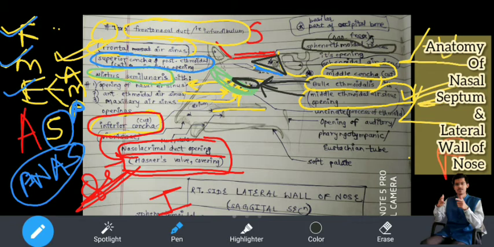स्फिनोइथमोइडल रिसेस. क्योंकि because it is present at the junction of the sphenoid bone and the ethmoid bone. So sphenoethmoidal recess, that is a triangular fossa, and it is having nothing but the sphenoidal air sinus का opening. ये देखो, I have written here sphenoidal air sinus का opening. Did you understand? Someone is writing P, someone is erasing P. I don't know what you are doing.